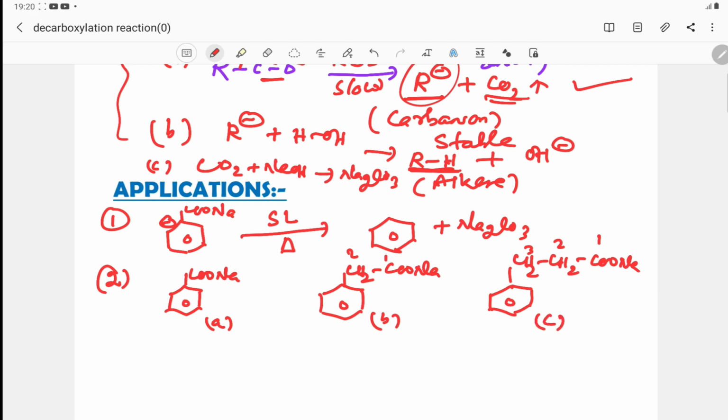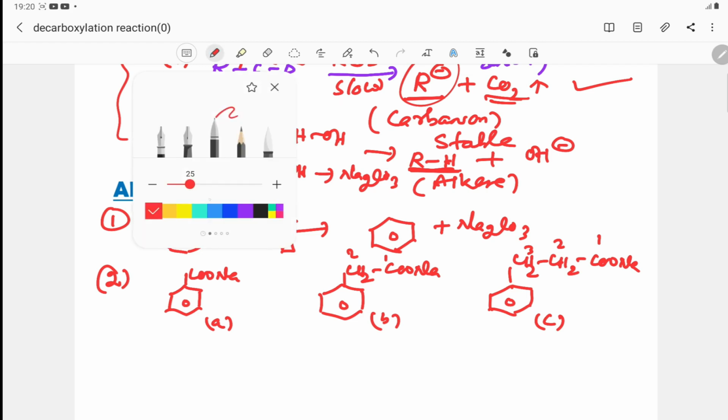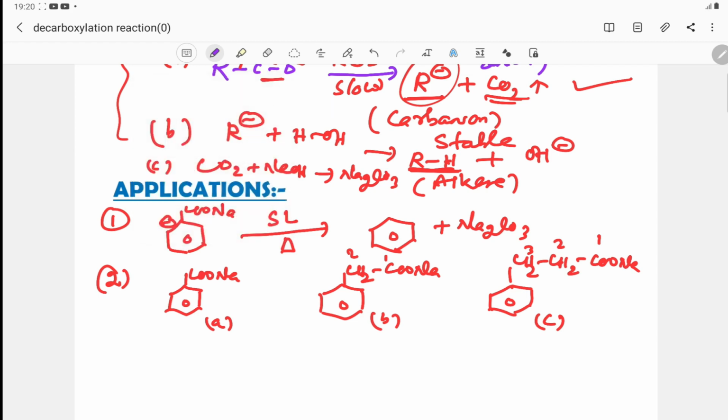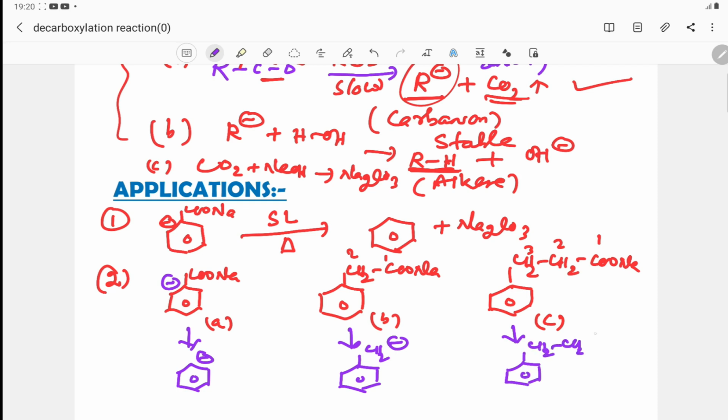If you see the comparison of the rate of reactions, the nature of the carbanion formed: this is your phenyl carbanion, the main product, the phenyl carbanion after loss of carbon dioxide. Here the carbanion is CH2 minus, and the carbanion mechanism is CH2 minus. But if you see the stability,